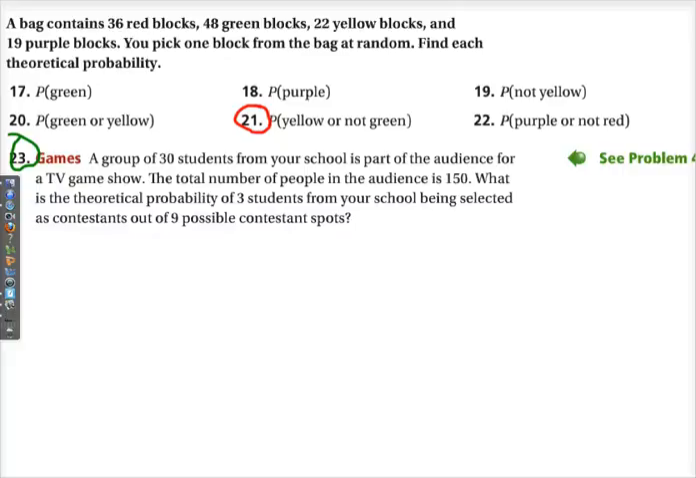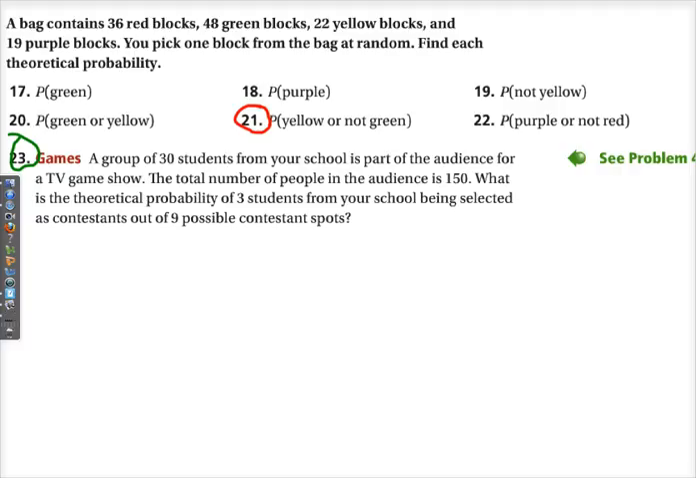These are the frequently asked questions for Algebra 2 for Section 11-2, Day 2, starting with number 23. Number 23 says we have a group of 30 students from your school. It's part of an audience for a TV game show. The total number of people in the audience is 150. What is the theoretical probability of 3 students from your school being selected as contestants out of 9 possible contestant